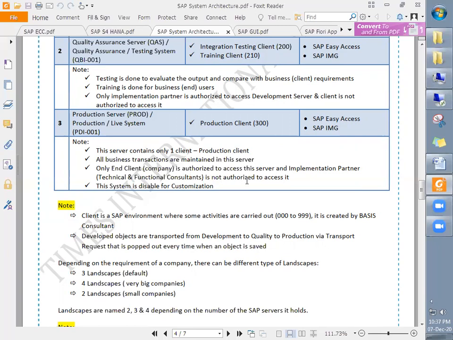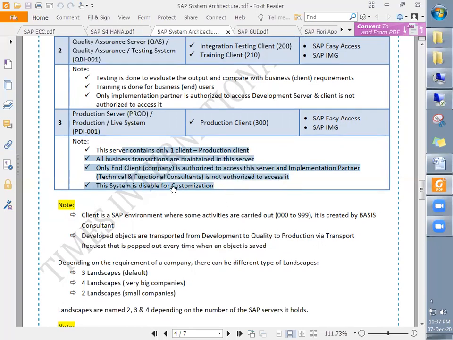Only the end client, the company which is actually using or implementing SAP, is authorized to access this server. For example, in our case, if we are implementing SAP for Tata Motors, then Tata Motors is our company, so only the staff working under Tata Motors will have access to this system.